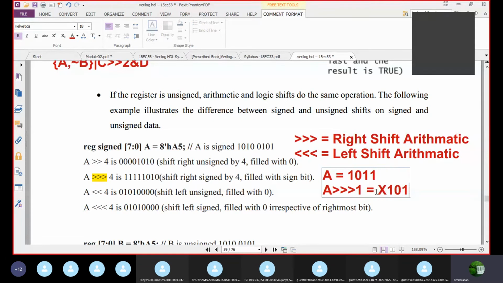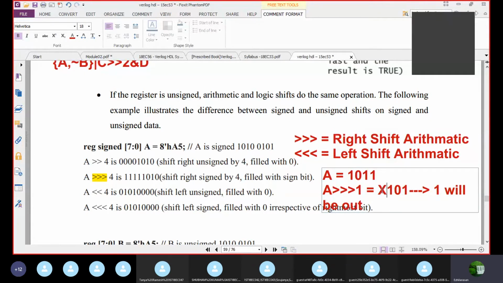101. See, I'm showing an example, okay? Because anyway, the 1 will be out. Now you see this X, this position will be filled with the next number. What is this next number?